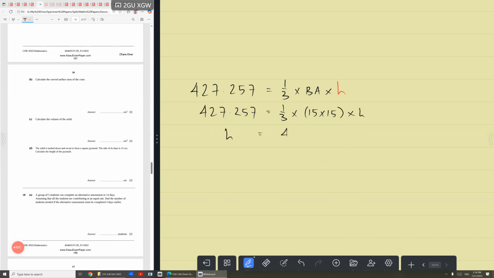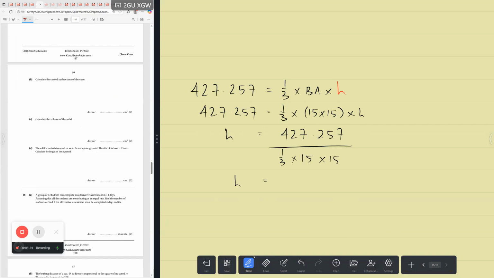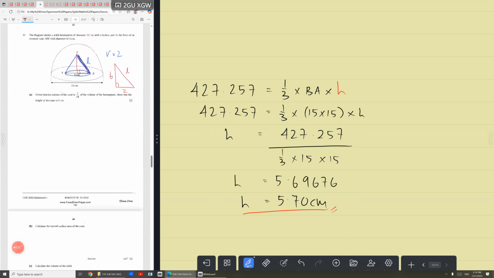So h is simply 427.257 divided by 1/3 times 15 times 15. Using your calculator, you will get 5.69676. To 3 significant figures, it will be 5.70 centimeters. Okay, so to recap this question from part A, we just need to remember the factor 1/8